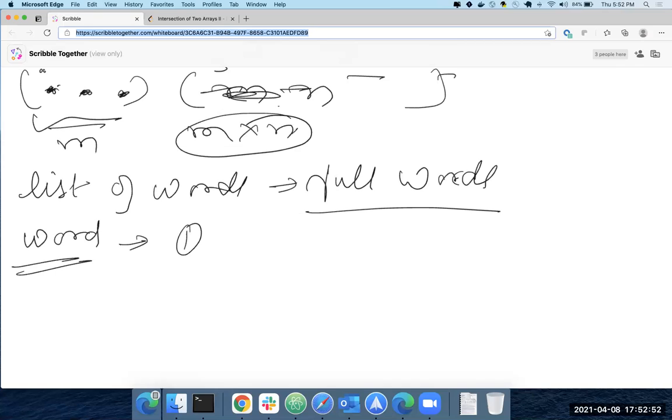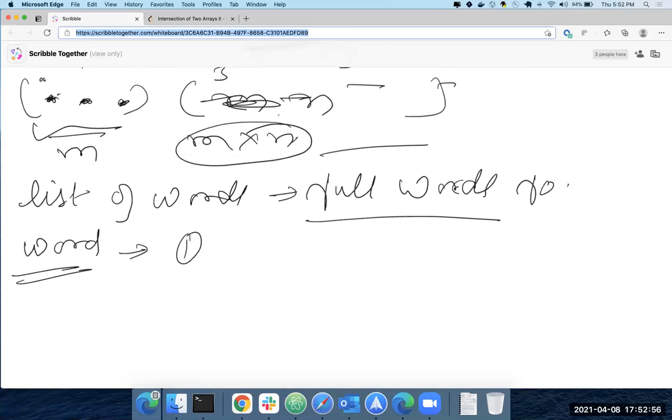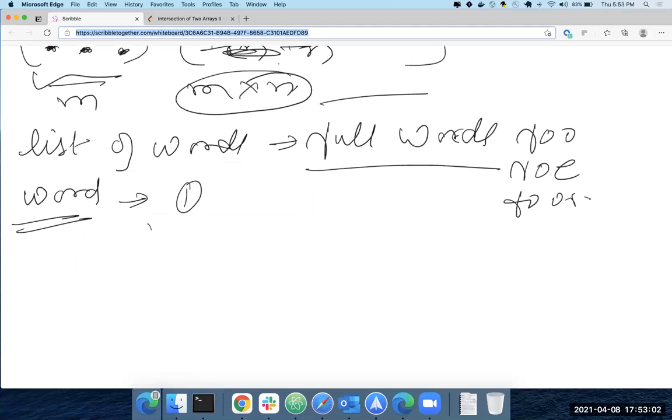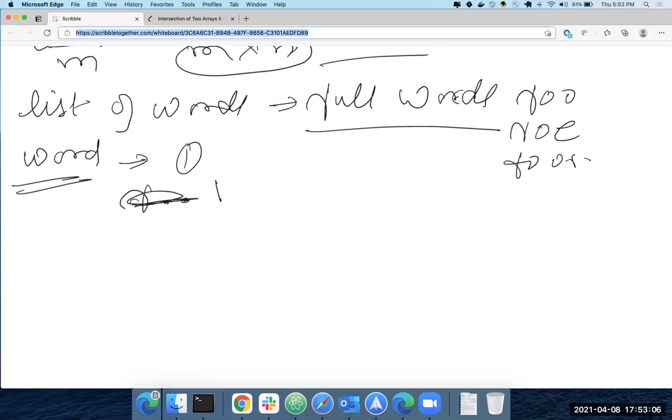Now let's say I gave you a word which is F dot dot. You have to check for F dot dot. Based on brute force, how would you check? The dot can match any character.